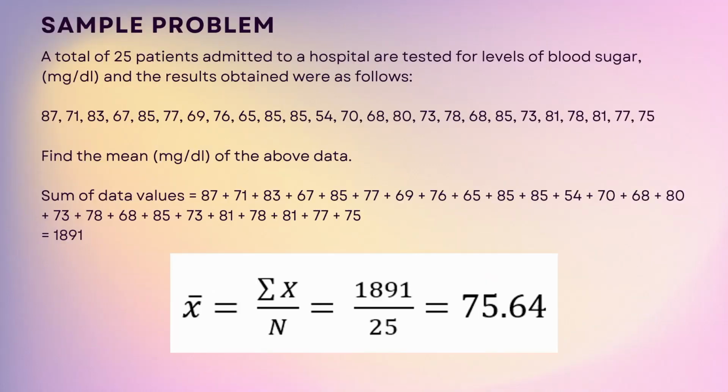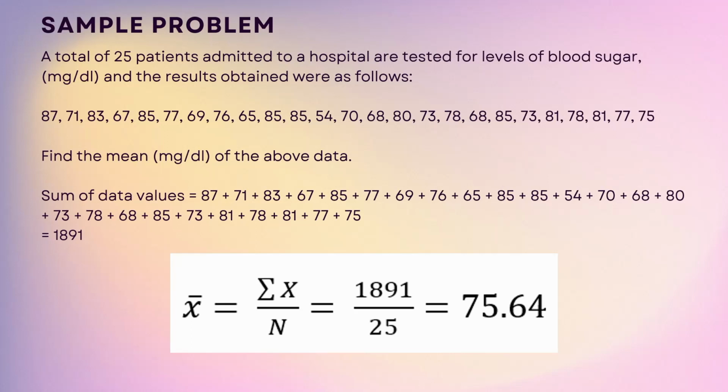Let's explore a scenario where statistical analysis is used to understand blood sugar levels in hospitalized patients. A total of 25 patients admitted to a hospital are tested for levels of blood sugar, and the results obtained were as follows. Find the mean of the above data. First, add up all the blood sugar values obtained from the test, which is equal to 1,891. Next step is to determine the total number of patients tested, which in this case is 25. To calculate the mean, divide the sum of the data values by the total number of patients, which will give us 75.64. Therefore, we conclude that the mean blood sugar level of the 25 admitted patients is approximately 75.64 milligram